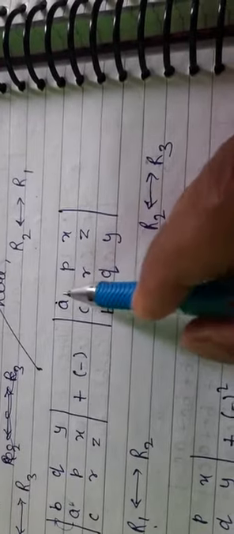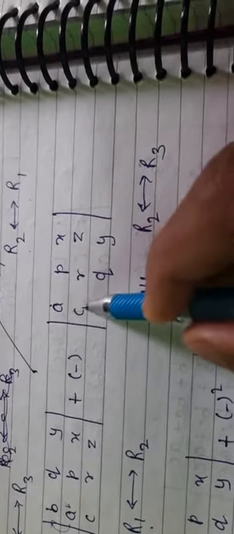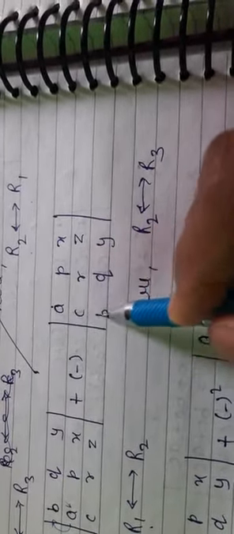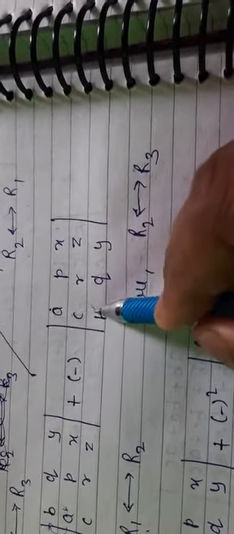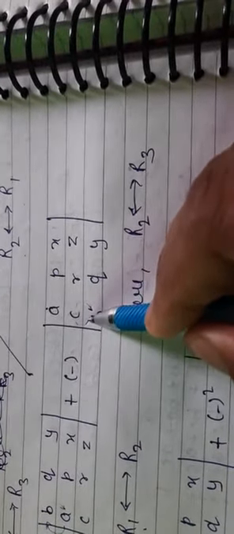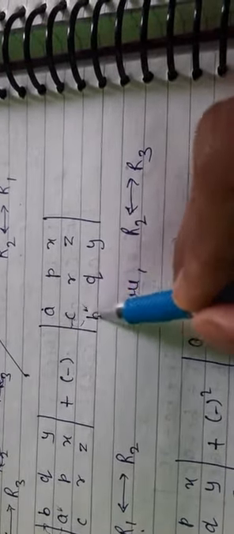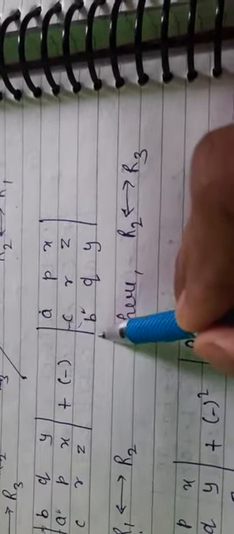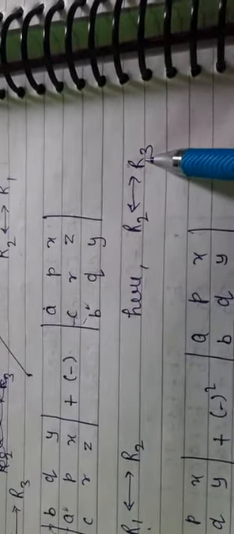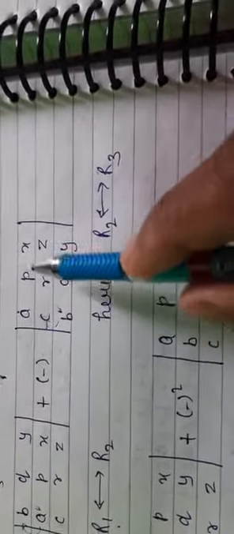In the next step, here we need A as it is, but we don't need C here, we need B, A, B, C. So we will interchange these two. It means B will go upper side and C will come downside. We are interchanging these two rows, row 2 and row 3. So row 1 will come as it is, APX and BQY as it is, and CRZ will come downside.